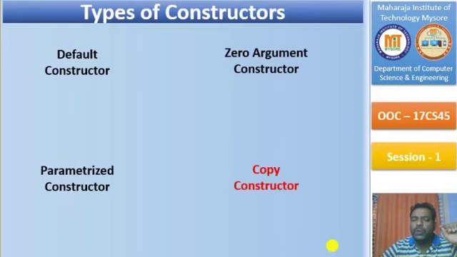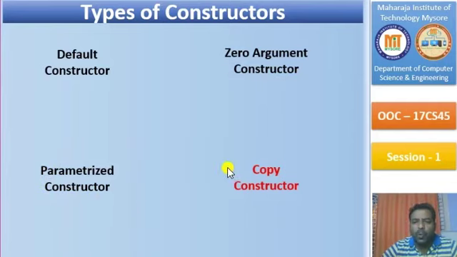As I told you, the constructor is going to take any number of parameters. Depending upon the number of parameters or depending upon the type of parameters, now we are going to differentiate or create these types of constructors. The very first constructor is going to be the default constructor, then the zero argument constructor, which is the example we have seen, and a parameterized constructor which is going to take parameters starting from 1 to any number, and a copy constructor. Fine.